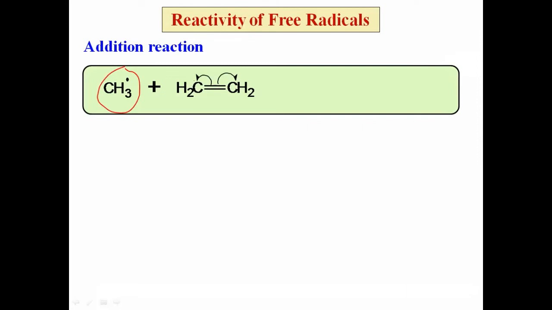Okay, now that carbon acquires an unpaired electron. Now this unpaired electron of this carbon and the unpaired electron of the methyl free radical share their electrons to form a covalent bond. That means a new bond forms between the methyl group and the CH2, while this electron goes towards the other carbon and it acquires an unpaired electron. Okay, this is the product actually. This is the new bond between the methyl group and carbon, while that terminal carbon has an unpaired electron, and thus